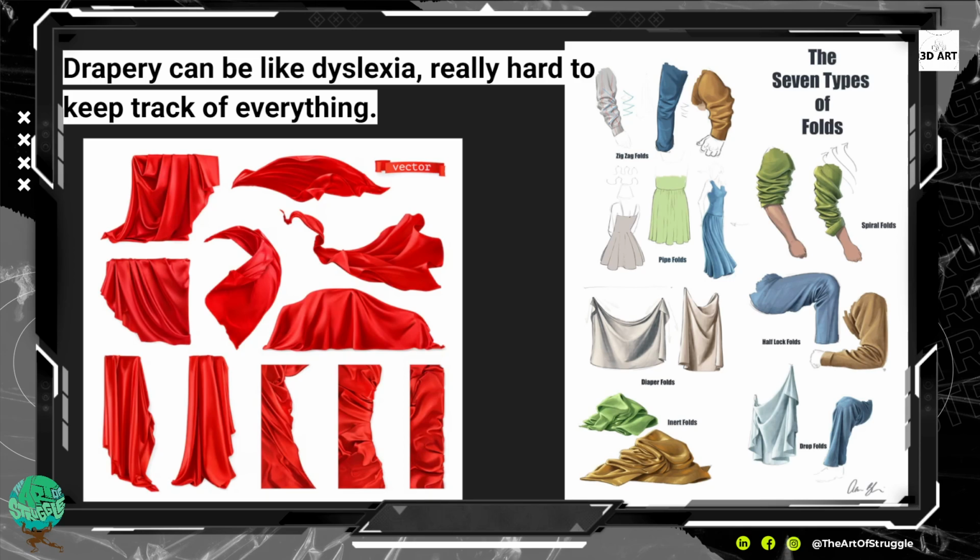There's parts where it folds and overlaps and twists and turns, and it can really take on a life of its own, right? And then you're dealing with, depending on if it's heavy fabric or light fabric or thin flowing fabric, if it's a woven fabric, even sheets of metal can bend in certain ways. You can even think about chainmail. There are so many different aspects and pieces that you have to think about when you're sculpting fabric that